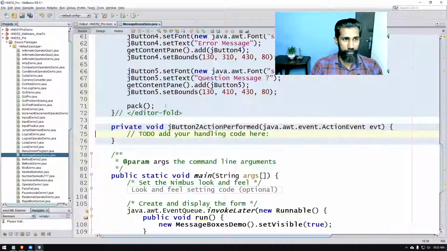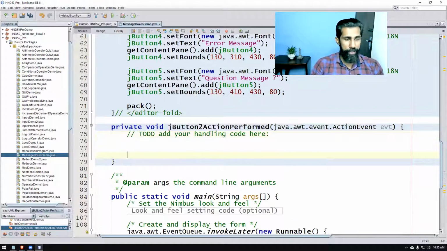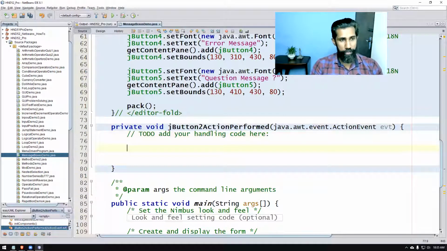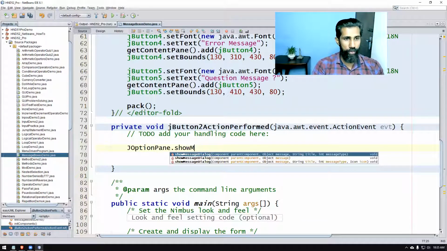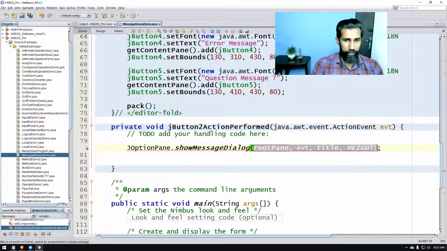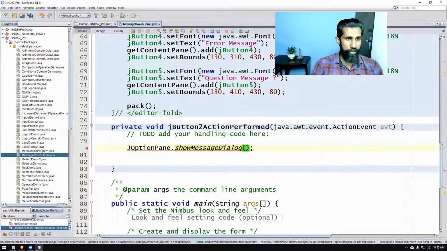Okay, I'm in that first message box. I'm going to display an information message box. The code is JOptionPane.showMessageDialog. That's the method, and there are some parameters that I have to pass.